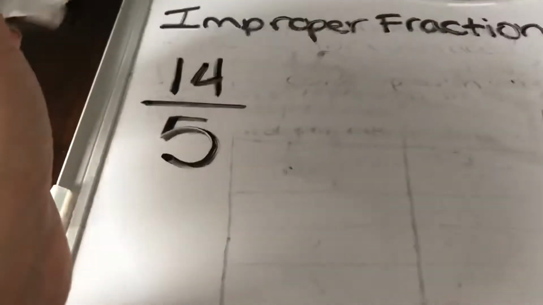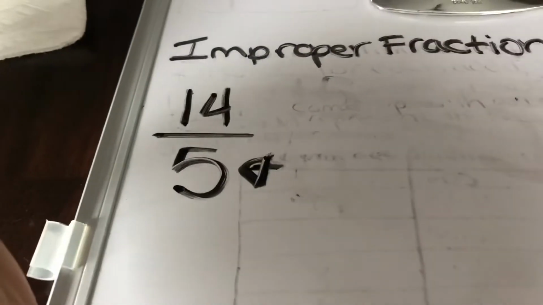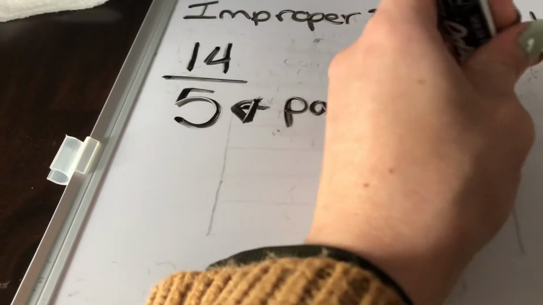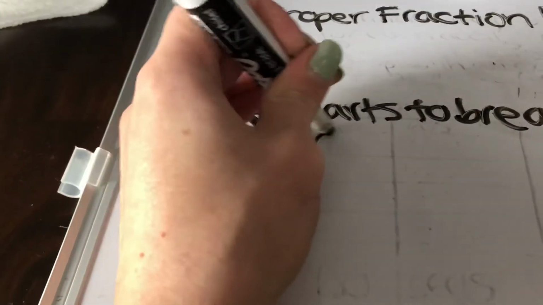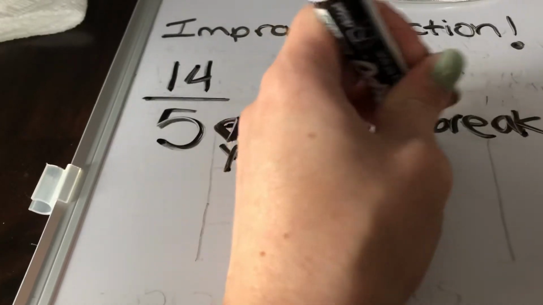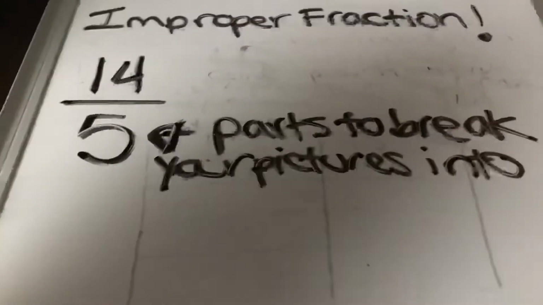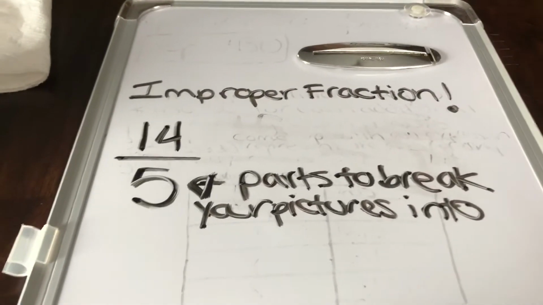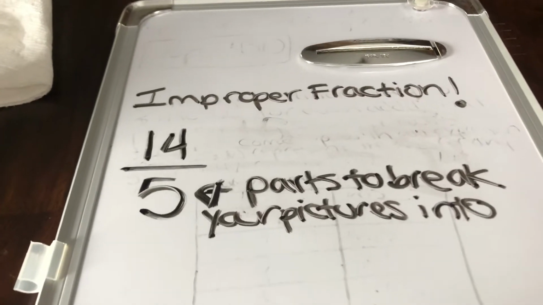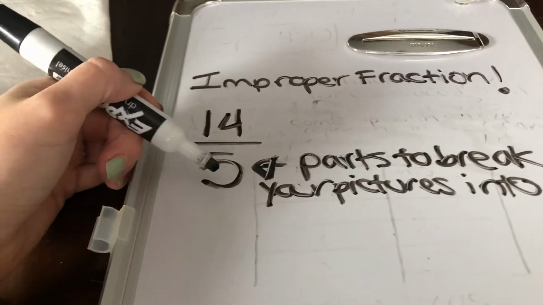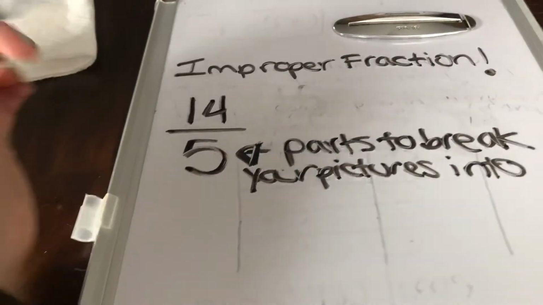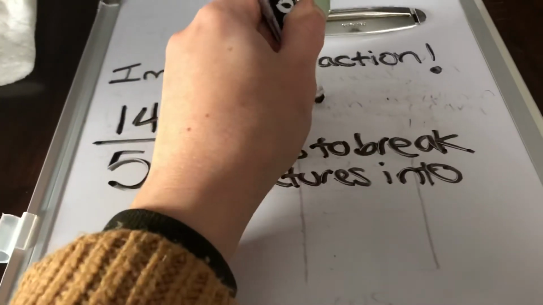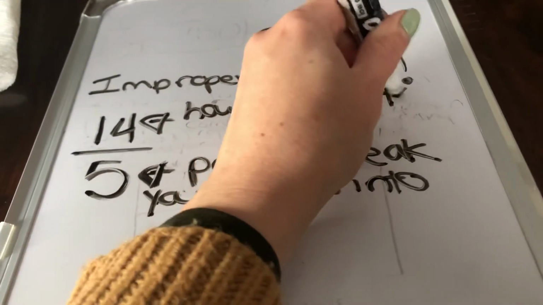So a couple things that you need to know is the denominator always tells you how many parts to break your pictures into, okay? So in each of my pictures, there's going to be 5 parts. Now for pictures, we're going to use rectangles all the time. Students like to use circles sometimes, but it's really hard to break circles into odd denominators like 5. So we're just going to use rectangles, okay? The top number always tells you how many parts you have,